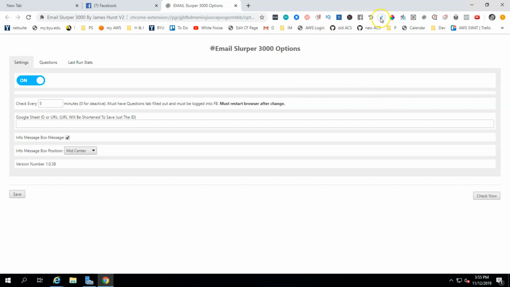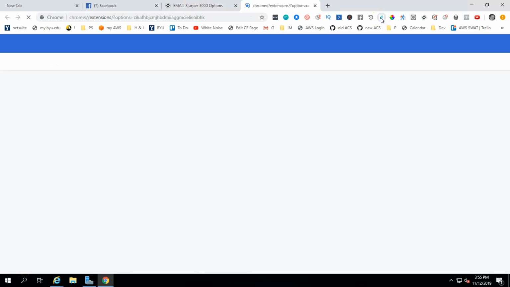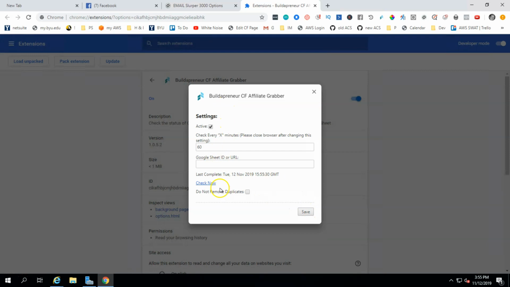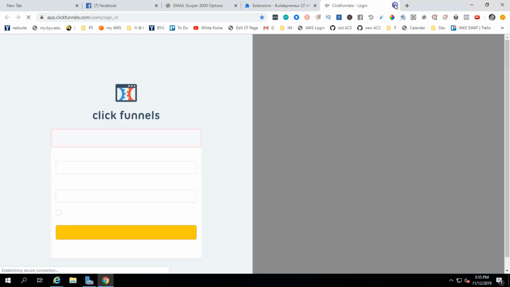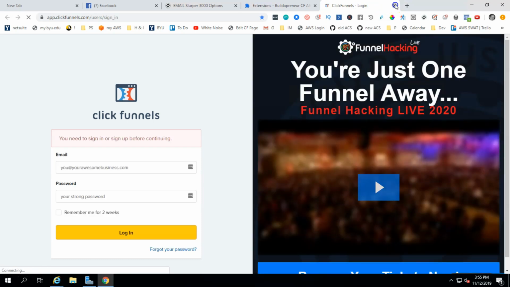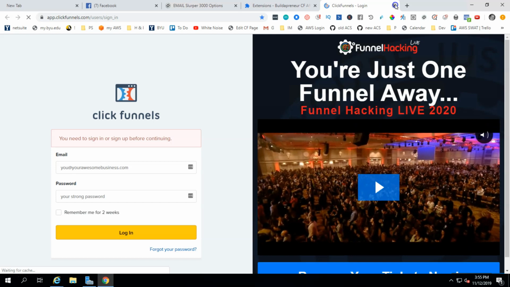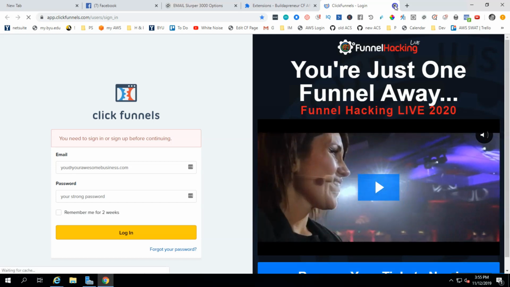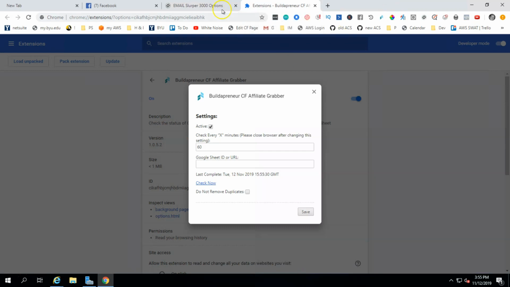Same idea with the Builderpreneur plugin. If I get this going here and I say check now, it will pop open that new screen. It'll try to log in. I'm not logged in yet. That's why you want to already be logged in so that it can just go and be logged in and do the download and do the stuff that it needs to. It's supposed to automatically close down the tabs,